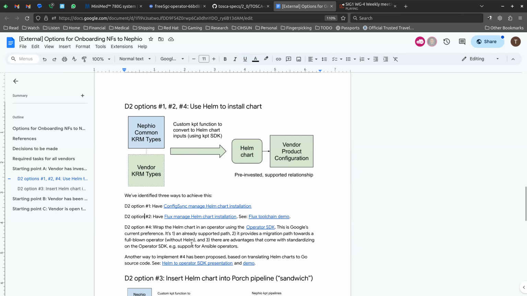And our technical reasoning is that it's a supported path. It does provide a migration path towards a full-blown operator without Helm, right? Because once you get into using operators, deploying operators, you're part of the way there already, right? And obviously, these are operators that still have all of Helm's limitations for day 2 changes. But they're still participating in the operator world. And this is kind of like the best of both worlds, maybe, or all of these options